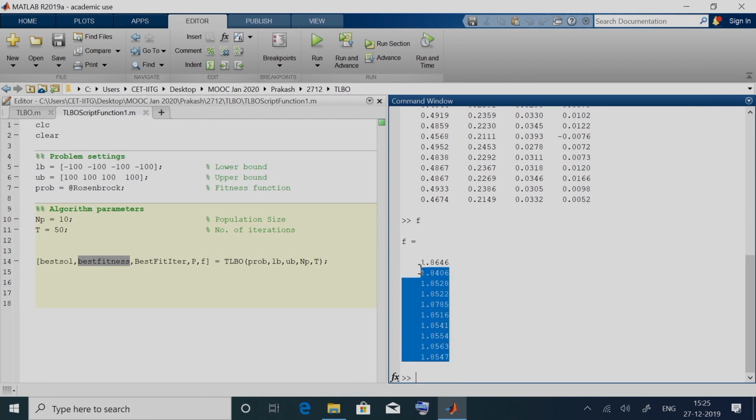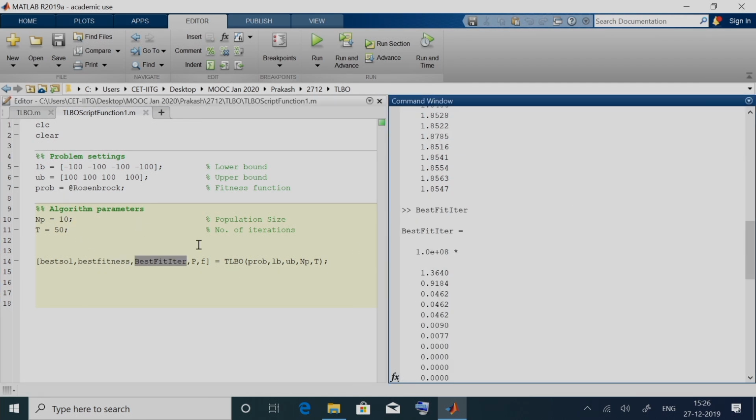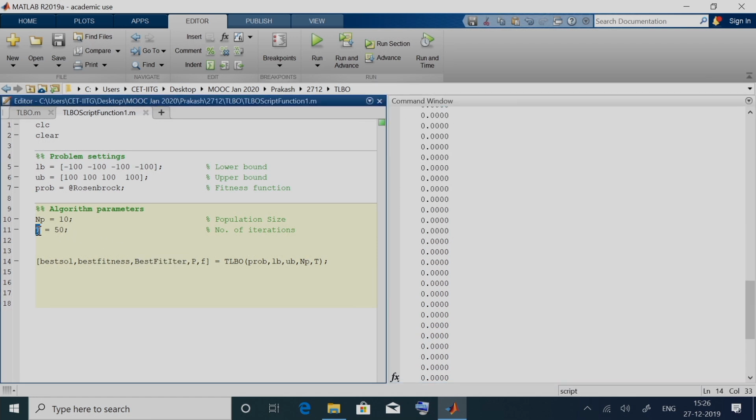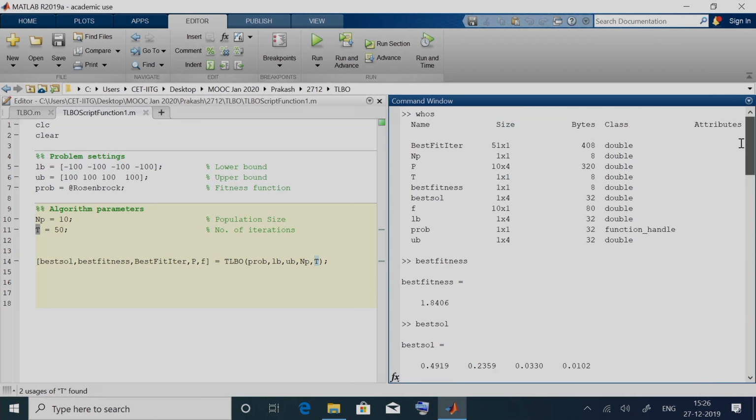The size of this fitness will be 10 cross 1 because we have 10 population members. This best fit iter will be a 51 cross 1 vector because we had 50 iterations and we also stored the best fitness in the initial population. That is why best fit iter will be 51 cross 1.